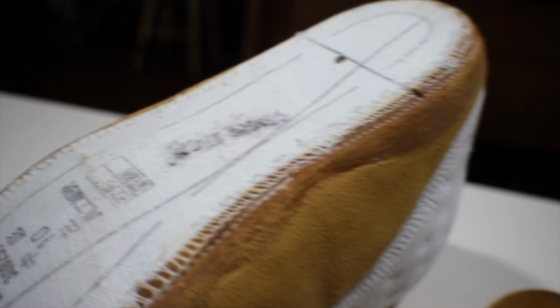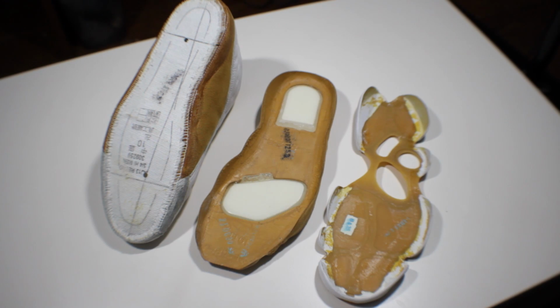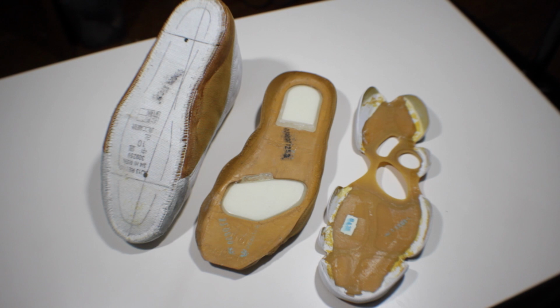The next step I'll be moving on to is prepping the uppers, midsoles, and soles. This step is required so that you're able to have a proper bond when gluing. The materials I'll need to get this done is acetone, cotton rounds, and a heat gun. First, heat up the area you are prepping. Second, apply acetone to a cotton round. Then lastly, wipe away the old factory glue and residue. And I'm also going to be taping off the suede just to make sure I don't cause any damage to it. So yeah, let's